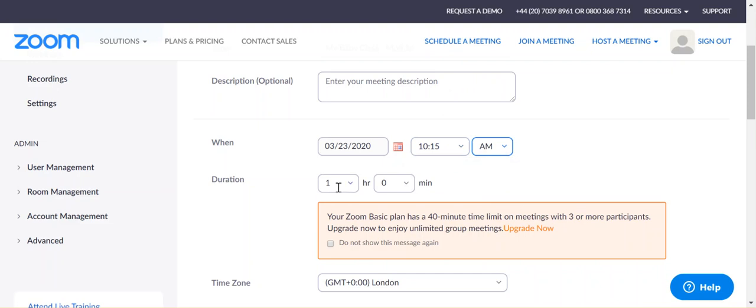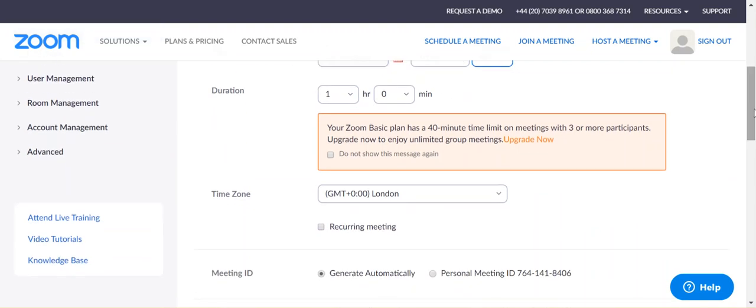And then AM, duration of an hour. Now, if you're on the free Zoom package, you'll only have 40 minutes. However, at the moment, they do seem to be upgrading that just randomly in the middle of sessions sometimes. If you know you always want more than 40 minutes, you can upgrade. I think it costs about £12 a month. But for most baby and toddler classes, 40 minutes is fine. You then want to click recurring meeting,